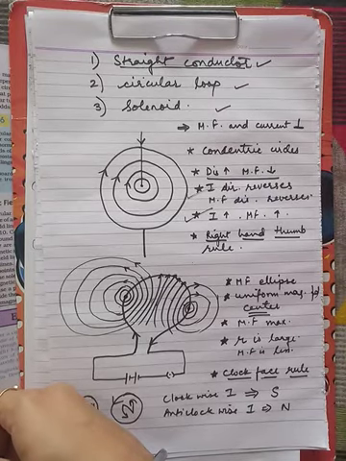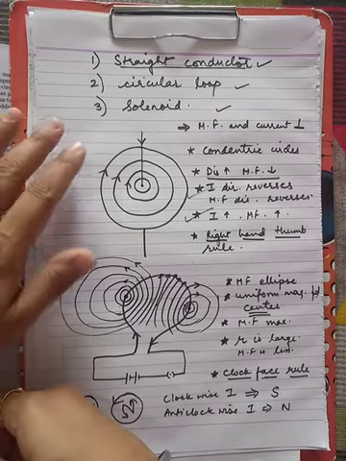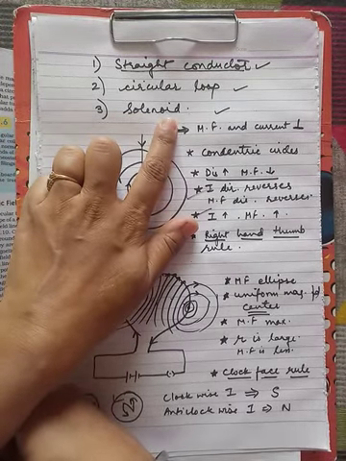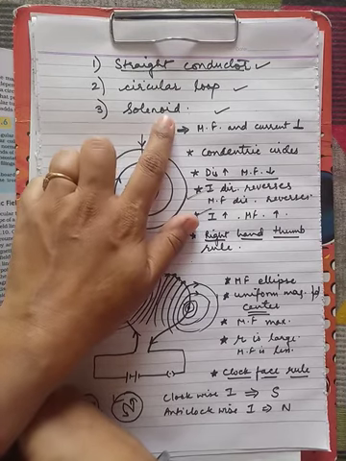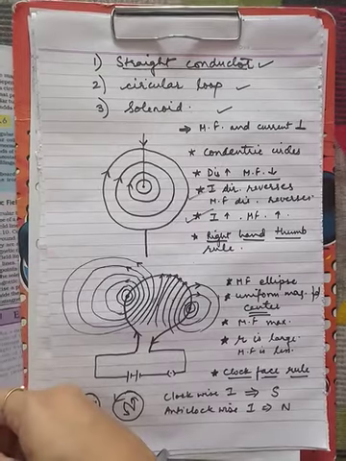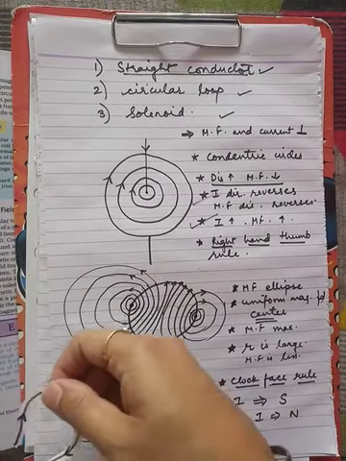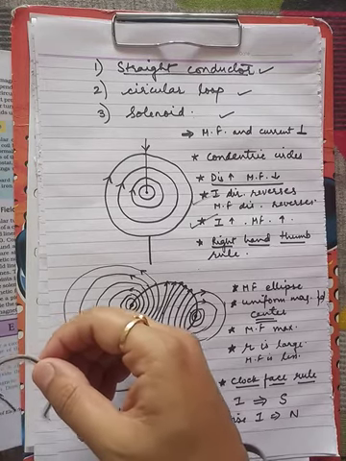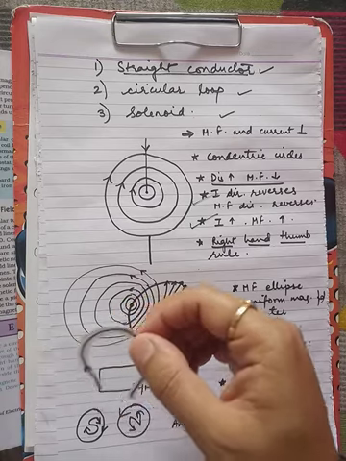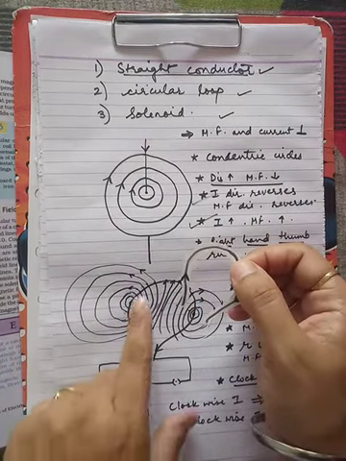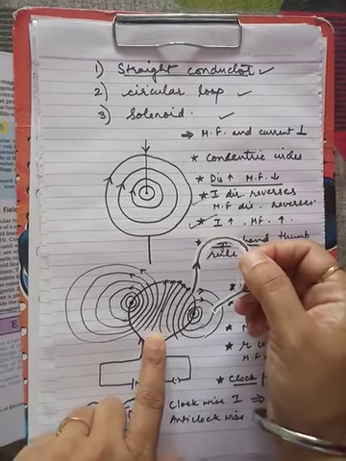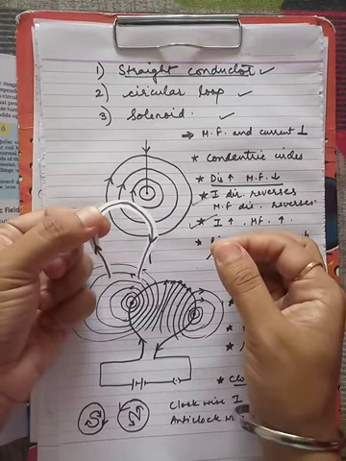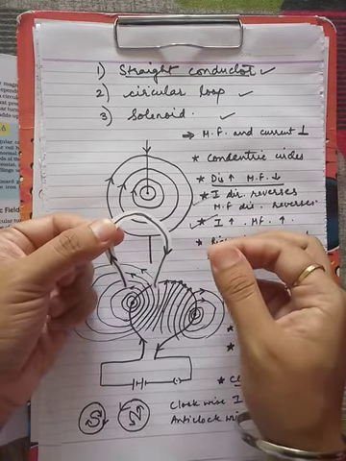Hello students. In this video, let's take the next topic, that is solenoid, which is the third type of the shape of the conductor that we are considering in this chapter. So before going to the solenoid shape, I want you to make more clear in your mind the concept of circular loop. I have made a 3D circular loop with a simple paper over here just for good understanding.